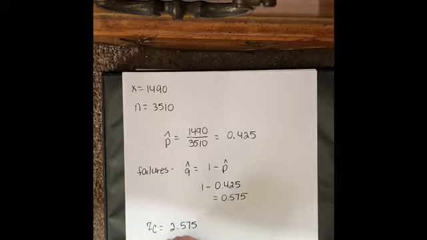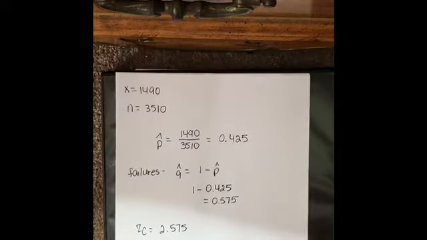So the formula for that is E equals c sub z times the square root of p hat times q hat over n. And when we plug that information into the formula, we are going to get